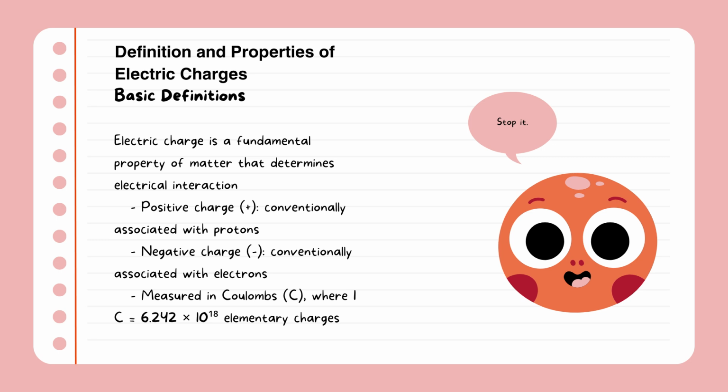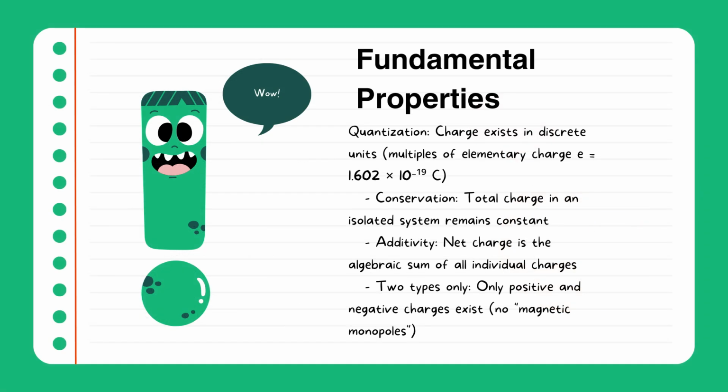Positive charge, plus, is conventionally associated with protons. Negative charge is conventionally associated with electrons. Measured in coulombs, C, where 1 C equals 6.242 times 10 superscript 18 elementary charges. 2. Fundamental properties. Quantization. Charge exists in discrete units, multiples of the elementary charge e equals 1.602 times 10 superscript -19